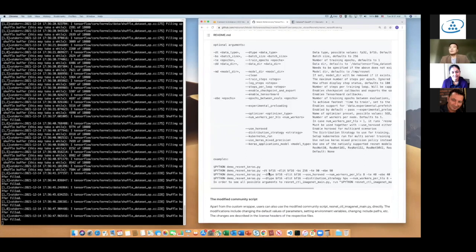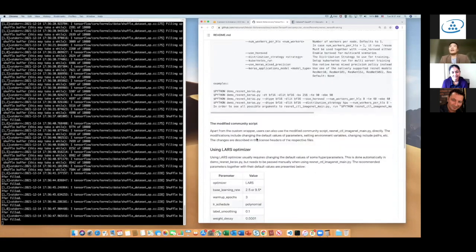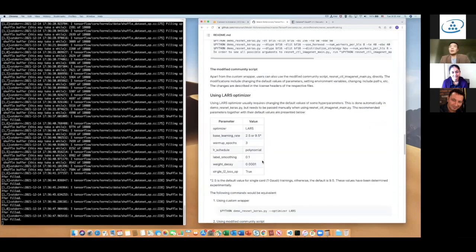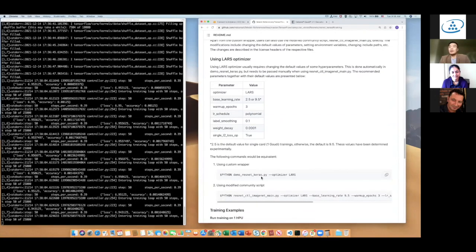You can choose bfloat16, or you can choose FP32 as the default data type, right? You can also run 90 epochs or 40 epochs. You can choose different optimizers, okay? So we also have some modified community scripts, right? So this is a little bit complicated. You need to eventually run the MPI by yourself. Okay, so